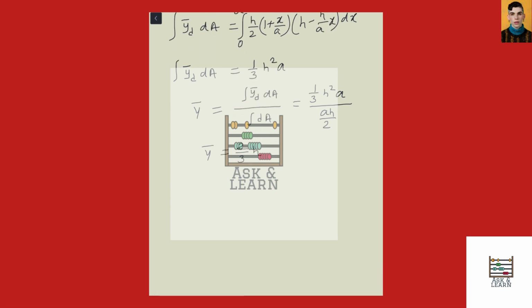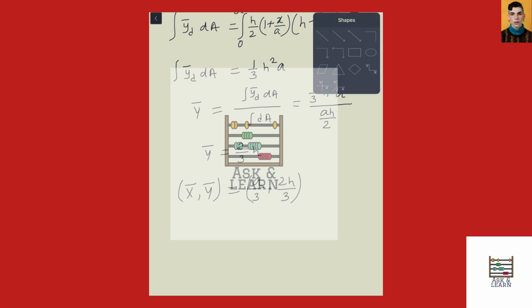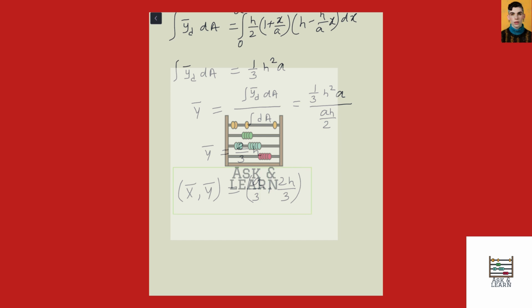So the center of mass coordinates x bar comma y bar will be equal to a by 3 comma 2h by 3. This is the final result of our question. The center of mass or centroid of the given geometry is located at a by 3 comma